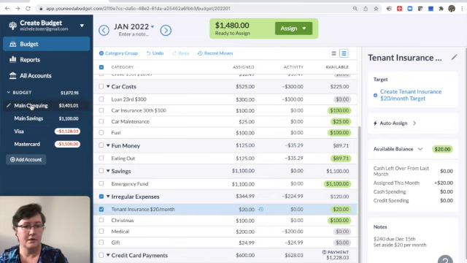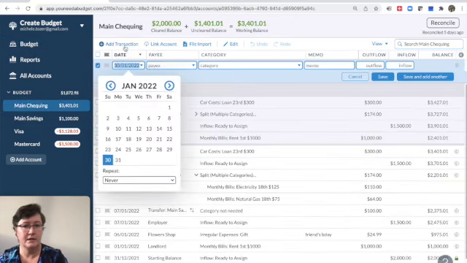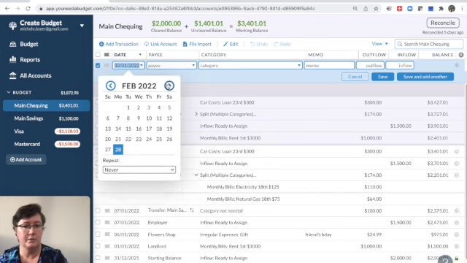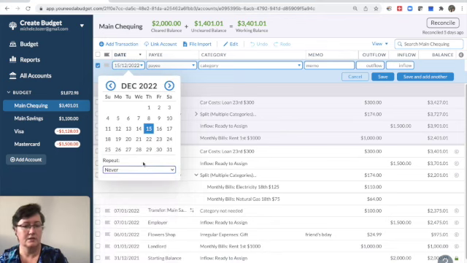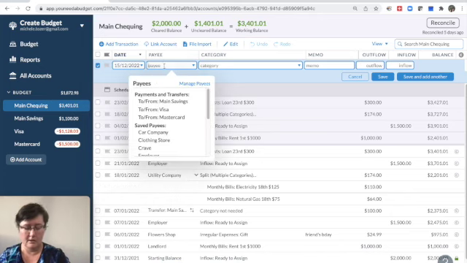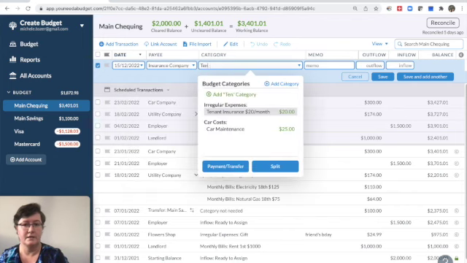Say for example, our tenant insurance comes from our checking, so we can add the transaction and we would flip forward to December. Now you can add transactions in the future. That is different than your transactions, your budgeting. So this is something we know is going to happen in the future, and we are going to pay the insurance company, and it's in our tenant insurance.